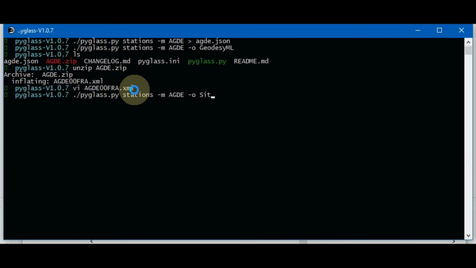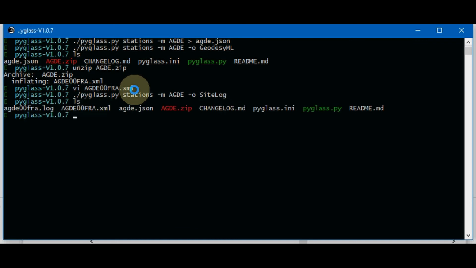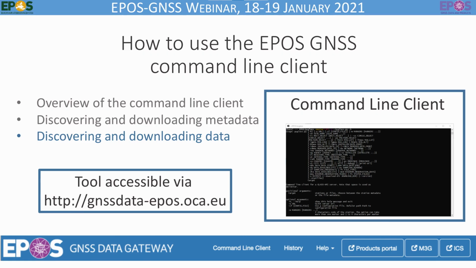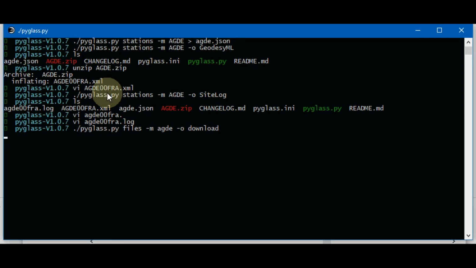They can also be downloaded as IGS sitelog by giving the parameter O with the option sitelog. Let's have a look now at how we can download data. Files can be downloaded with the O parameter. Give it the value download.